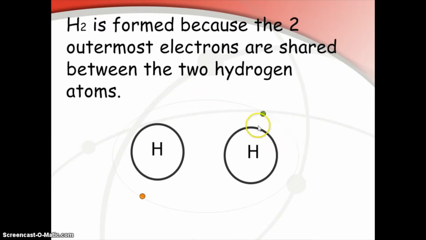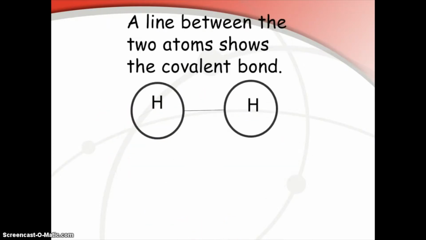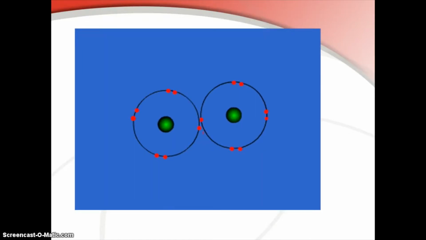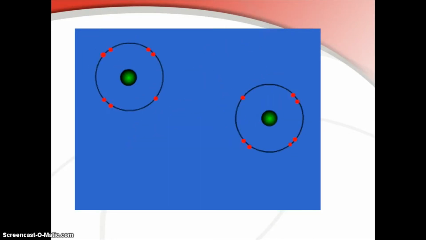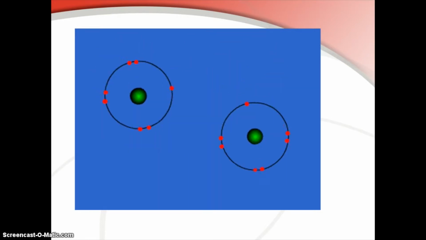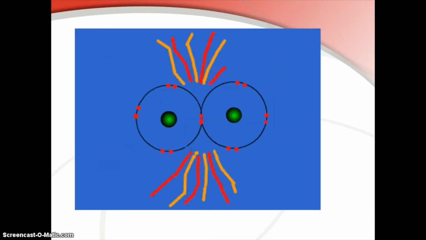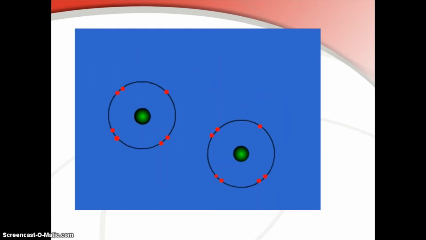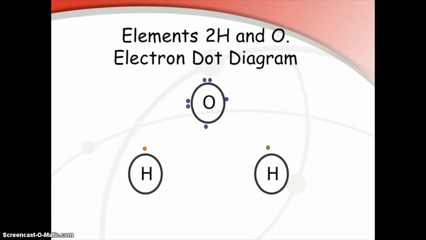You can barely see their path here, but it is there. So when we draw this, we are going to draw a line between the atoms showing a covalent bond. And again, if you remember our review, this is what a covalent bond looks like. It's when we get 2 atoms together and they share that last electron, or 2, depending on the configuration in the outer shell. If we do the dot diagram, we see that we have 2 hydrogens here, and with oxygen,